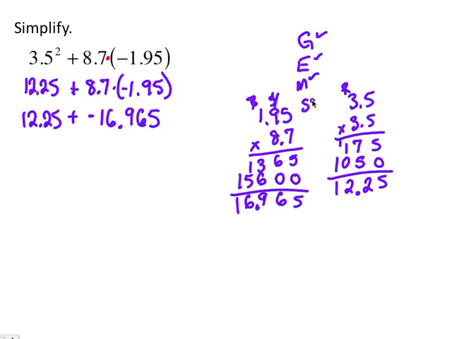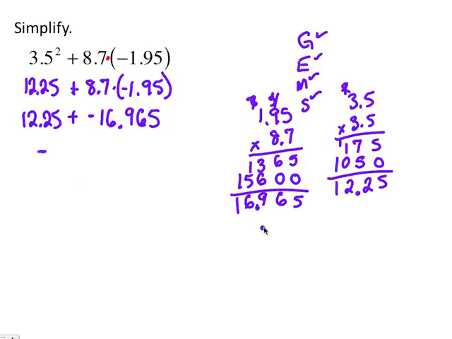The last thing is adding and subtracting. So we just have this addition problem left to do. Now when we're adding and the signs are different, as these are, then we need to take the sign of the bigger one, which will be that 16, so we know our answer will be negative, but we subtract the numbers. Larger one minus the